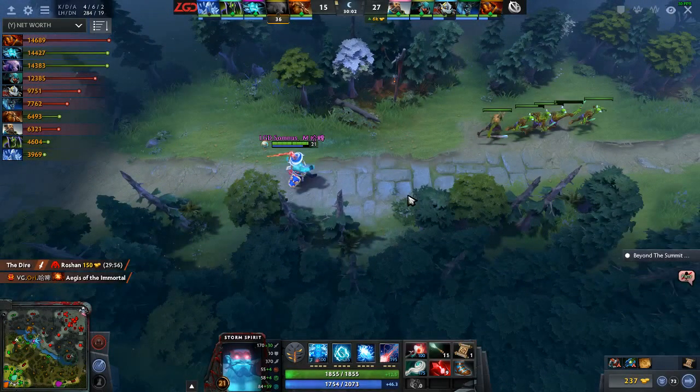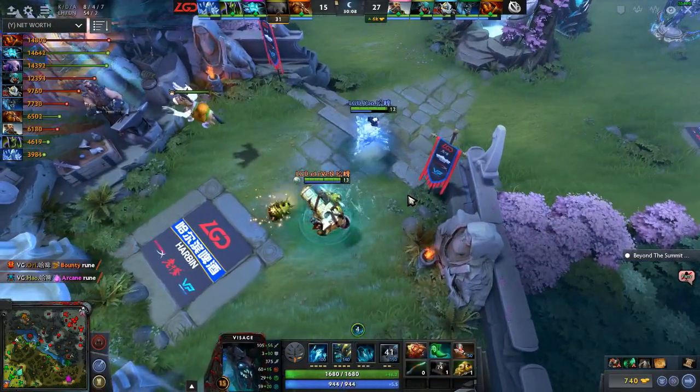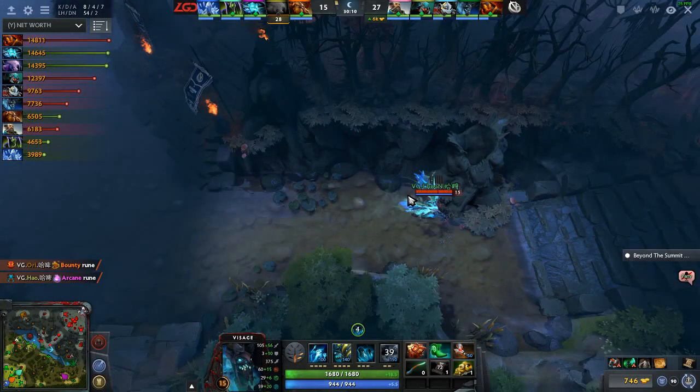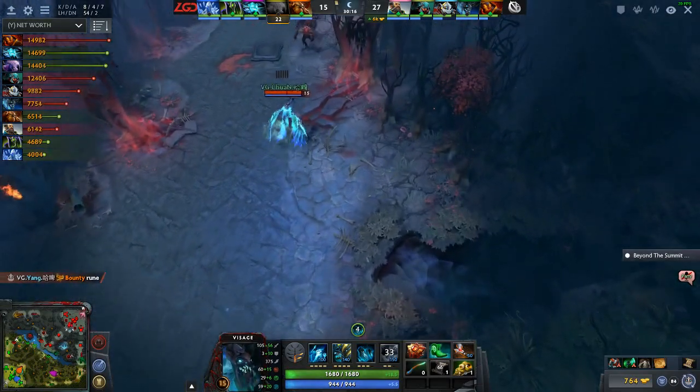And if you're looking at the end of the day, this Weaver is 4-2 and 9, outputting a ton of damage in every single team fight. And if he's not controlled by the Chronosphere, the rest of the team just can't control him. He's got a BKB. So he just...